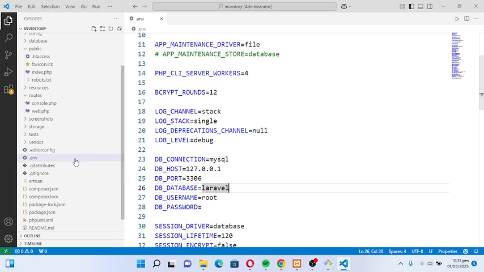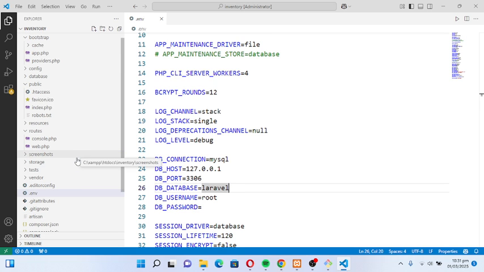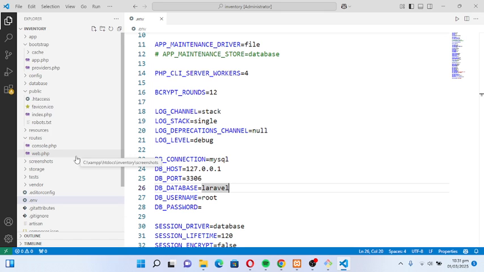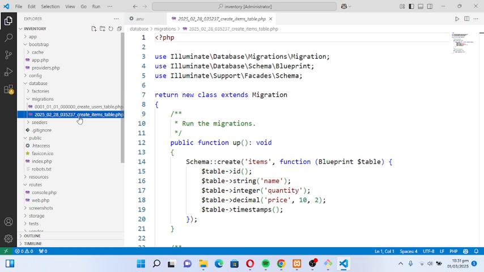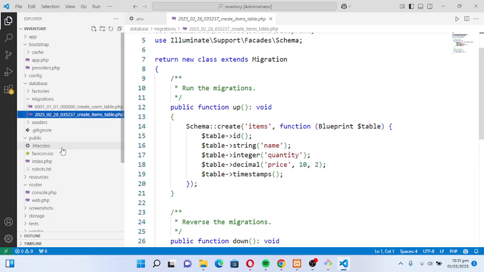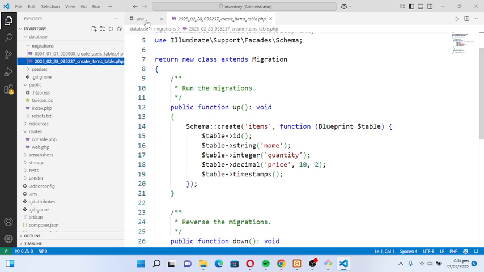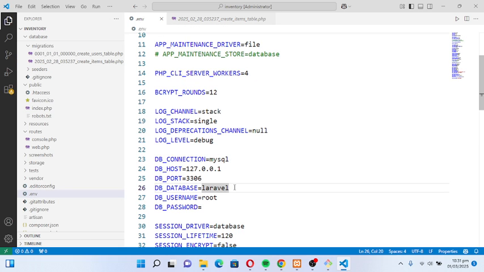Let me check the database. Bootstrap, database, migration. Okay. So here, let's go back here. Let's say, for example, I will create here inventory. Save.